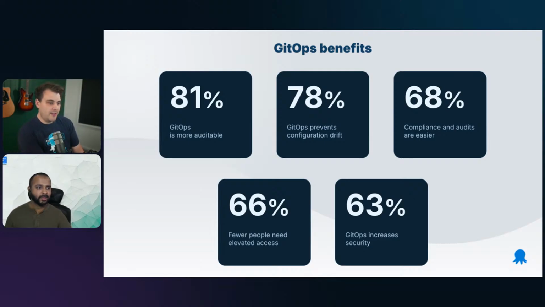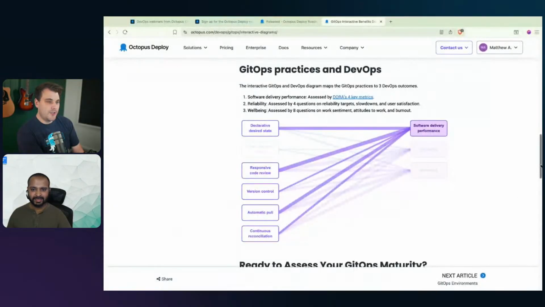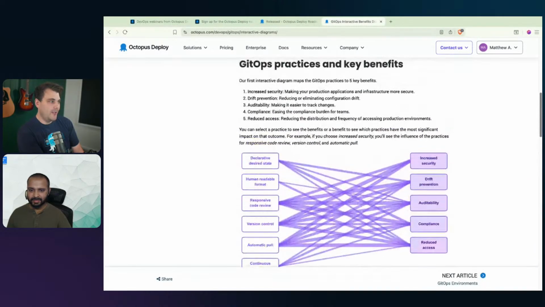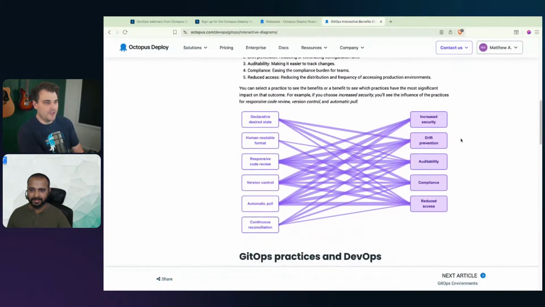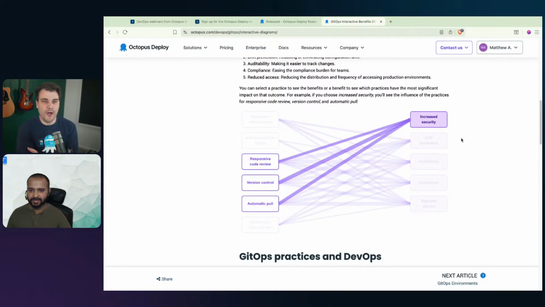And so very quickly, we've seen one of the graphs, but I'm going to jump back to the screen share and also show that on this same page, if you scroll up a little bit, we have another graph which is correlating those things. So we've got the 5 benefits on the right-hand side, and again, the practices on the left-hand side. And this is the same graph. So again, if you wanted to look at, if one of your key drivers for using GitOps was for increasing security in your environment, you can go to the benefit on the right-hand side, click on that, and then see which of the practices directly correlate to that outcome.